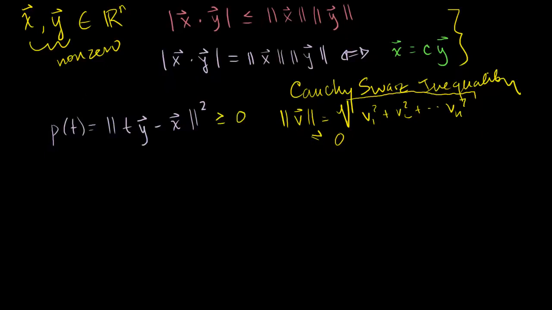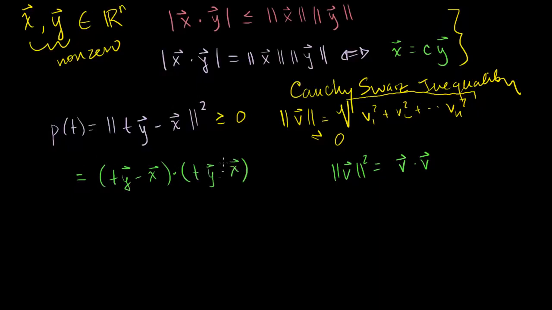Now, in the previous video, I think it was 2 videos ago, I also showed that the magnitude, or the length of a vector squared, can also be rewritten as the dot product of that vector with itself. So let's rewrite this vector that way. The length of this vector squared is equal to the dot product of that vector with itself. So it's ty minus x dot